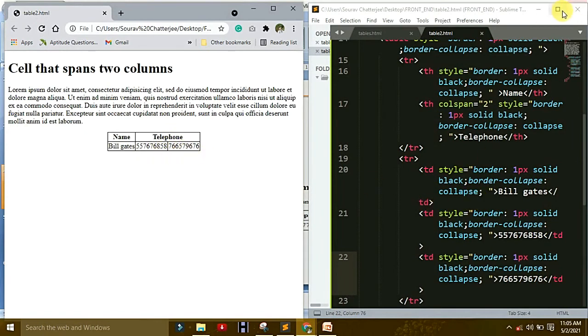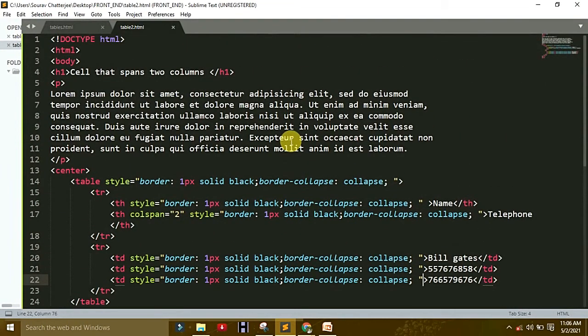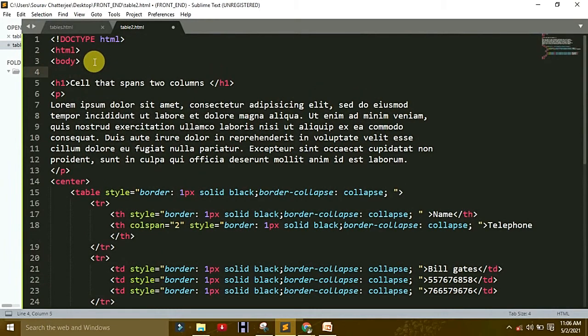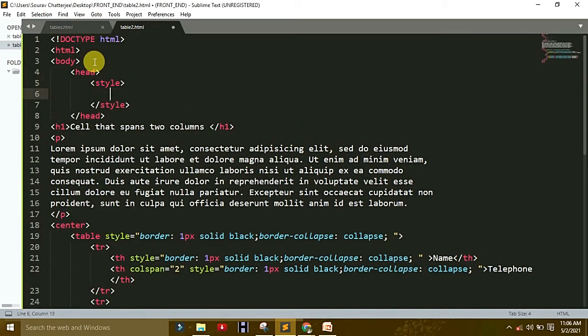So for your understanding, why do you make the same thing again and again? That's why I make a style, after that make a heading here, after that make a style tag here, okay? No use of CSS, without CSS style here. What do I write here? Like style border 1 collapse, copy from here, cut it and table, okay?